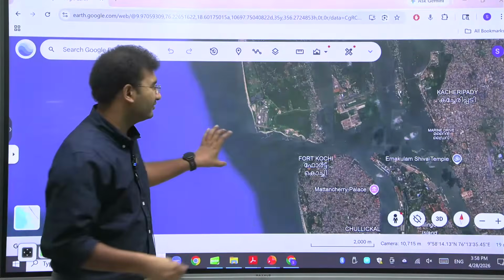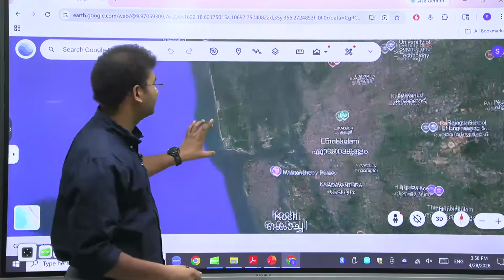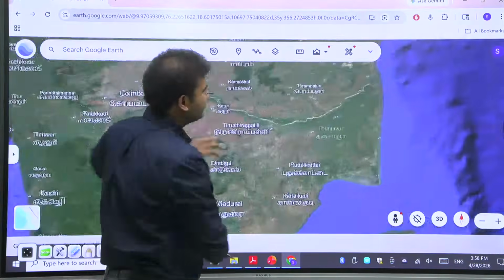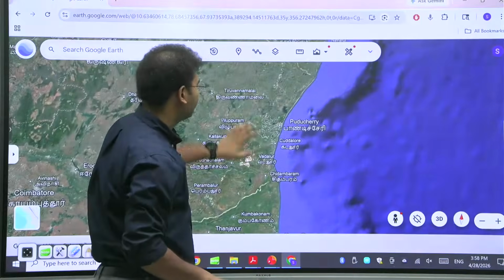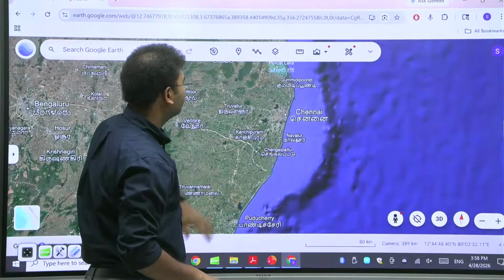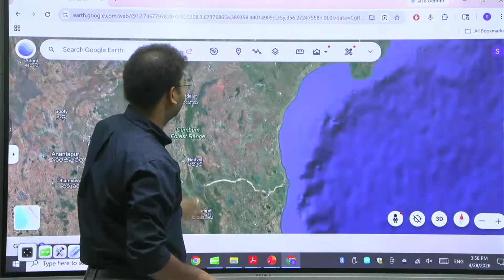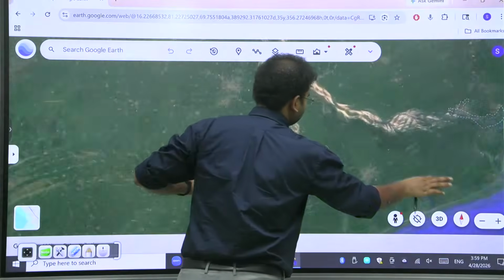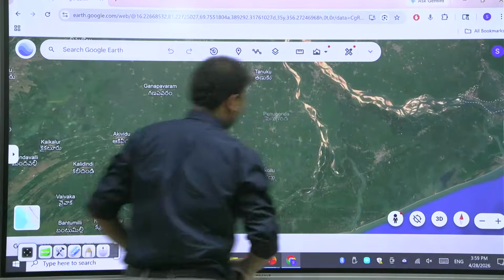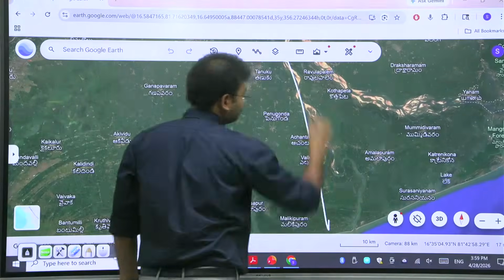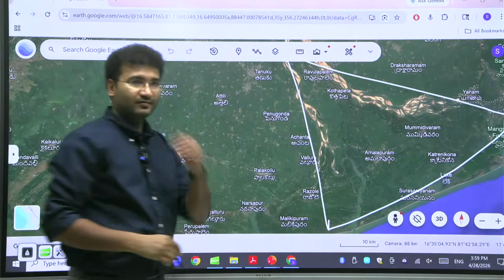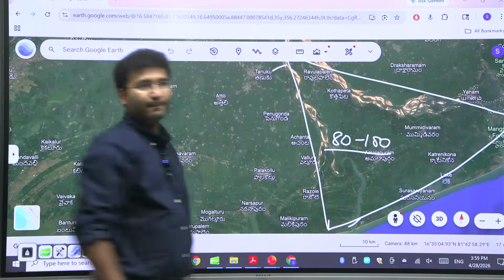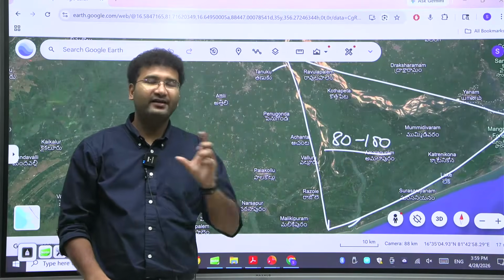This is the same story when you look across the rivers of the Western Ghats. Any river you see. But I'll take you to the eastern side. Let's go towards the eastern side. The eastern side is a bit different. The river takes time to settle. The river spends a little more time depositing itself. And then look here. This is your delta. The distance from here to here might be 80 to 100 kilometers. But that distance is only 8 kilometers.